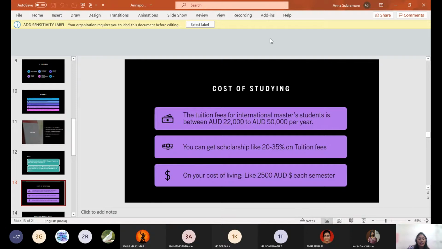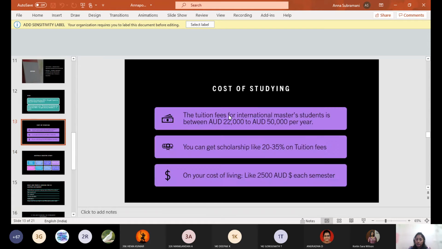And also there are scholarships like cost of living, which I got and a few of my friends got, and a few of my other friends got scholarships on tuition fees. So at most universities, from what I know, if there are 100 students who apply, for the first 20 to 30 students who join, if their application satisfies those needs, they get a scholarship. So again it's about how early you apply.